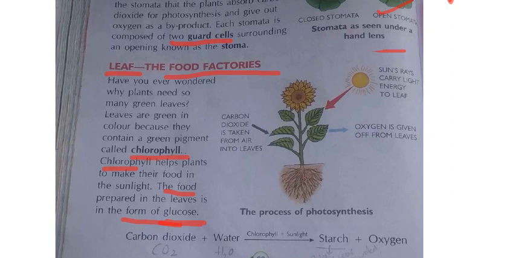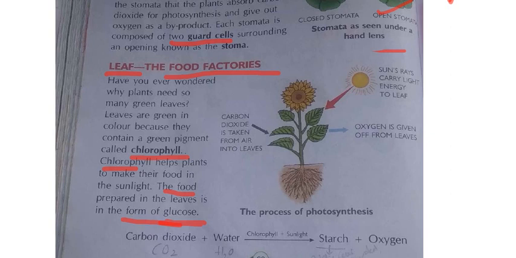In this whole paragraph, what is there? Nothing but how the plants prepare their food. The first point in this paragraph that you need to learn is what is meant by chlorophyll. In each plant, leaves will be there. Leaves generally will be in many colors like green, red, yellow, orange, different colors. But mostly the maximum leaves will be in the green color only. So that green color pigment, that green color substance, is called chlorophyll. Why is this chlorophyll useful? For preparing the food from the sunlight.